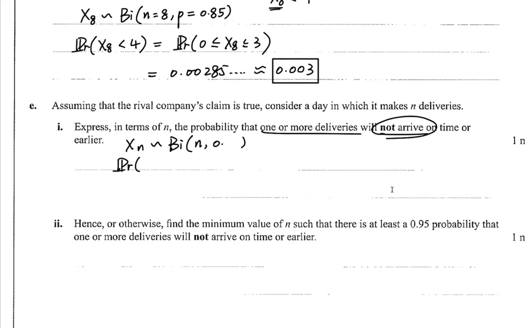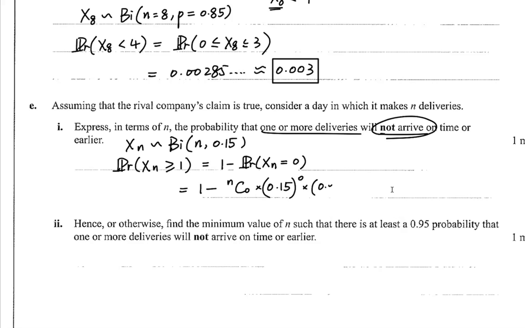So it's the opposite, which means the probability of success in this case is 0.15. So xn is greater than or equal to 1, which is 1 minus probability of xn equal to 0. And this will give you 1 minus n choose 0 times 0.15 to the power of 0 times 0.85 to